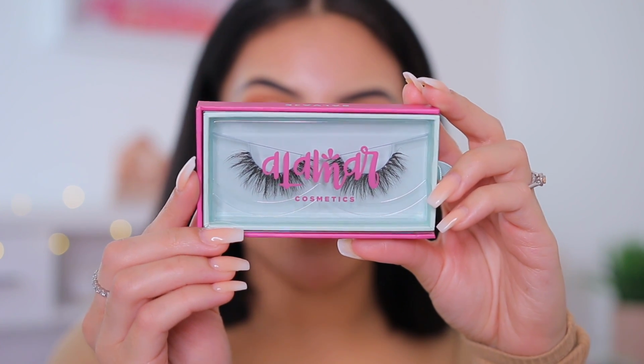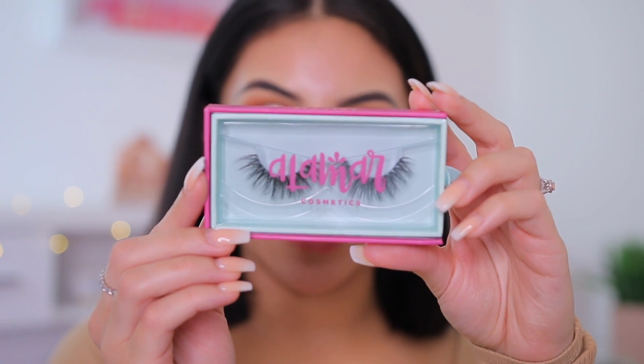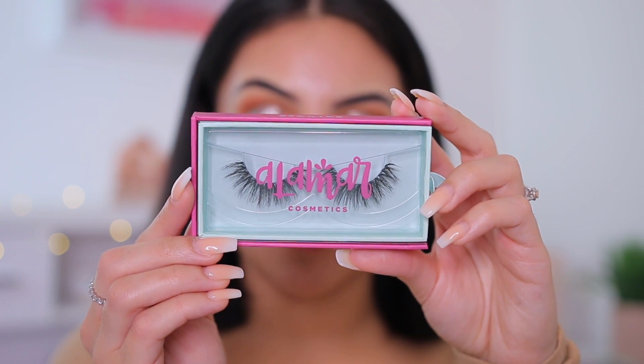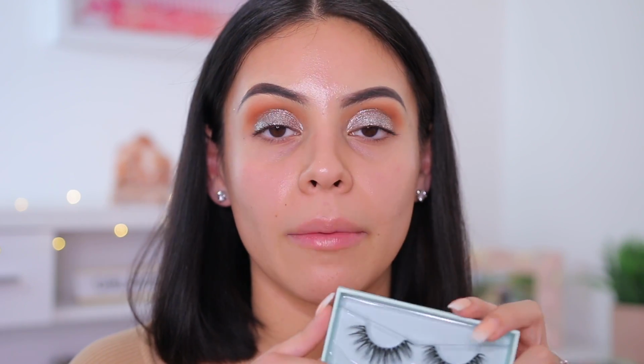And then for lashes, I am using these from Alamar Cosmetics. These are in the style Salvaje. You can see they're so wispy, so pretty. I mean, come on, let's take a moment and just appreciate these. I love these. These are probably my new favorite. I wear them very often with looks like this, or just with no eyeshadow. They are so pretty. They are a little bit more dramatic than the Kiss 01 lashes,